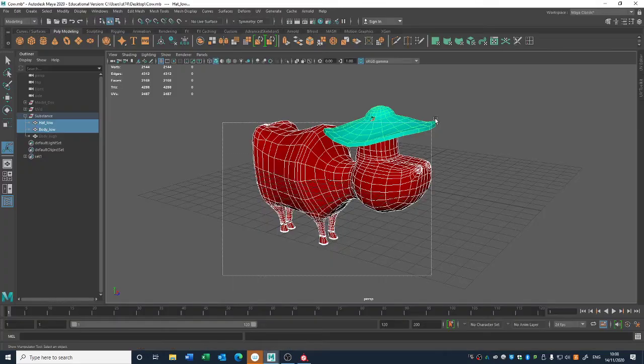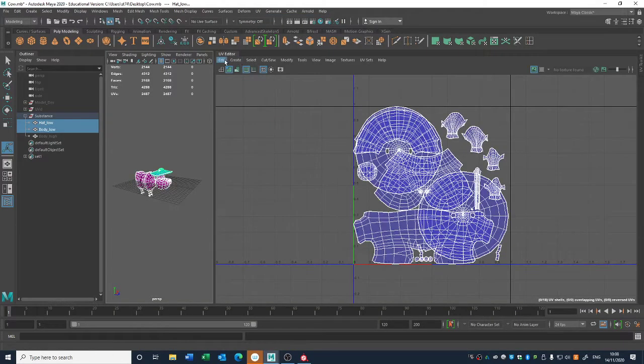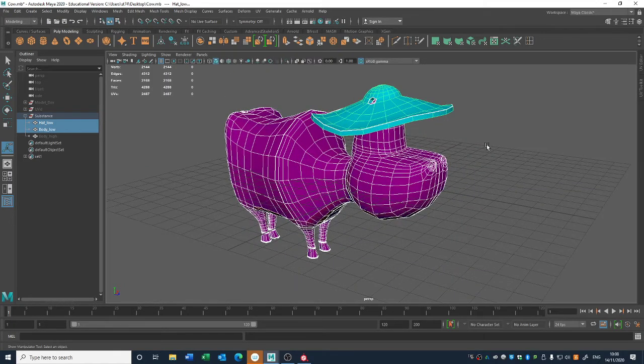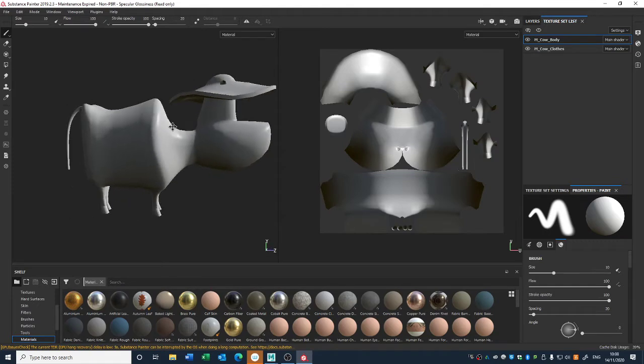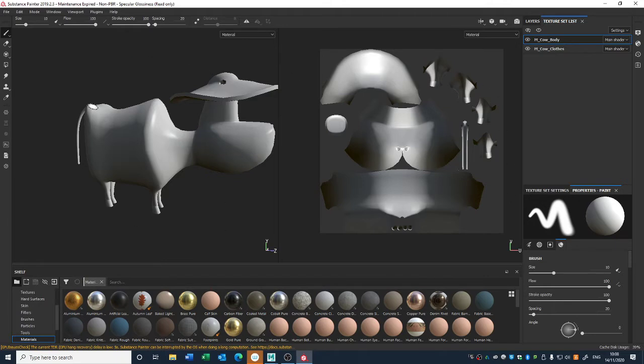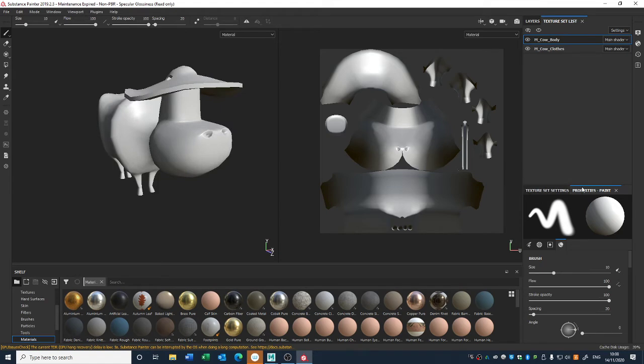And this means that you can select both of these models, even though their UVs are overlapping, as long as they're actually separate groups, and export them together. And this is useful if you have a character like this that's going to be made up of multiple parts, the body and the clothes. So all the body on one sheet, all the clothes on another sheet. Okay? Down here you have your